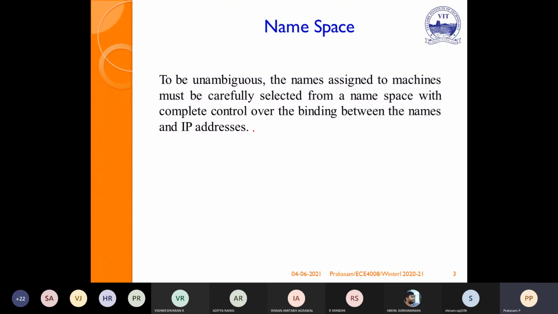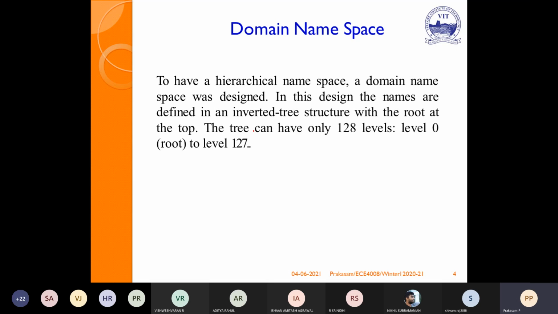Similarly, for IP addresses, we should select the namespace. The domain namespace is hierarchical. It always starts from the root. For example, if you take our VIT, it is vit.ac.in.